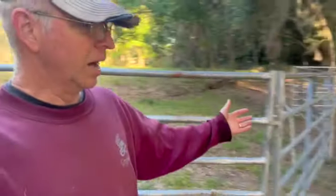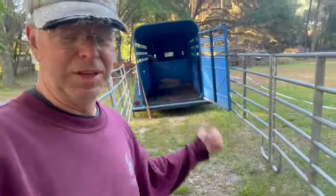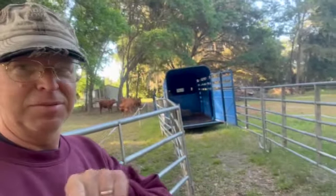Well, it's a day to take the steer to the processor. So last video I did a whole setup of this enclosure to turn our corral into a chute into the livestock trailer. And so I got some help today from my bride, and we are going to endeavor to get all of these guys moved